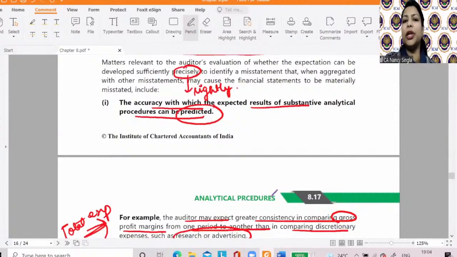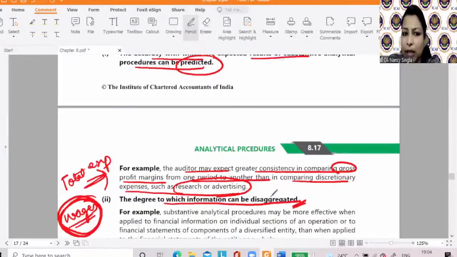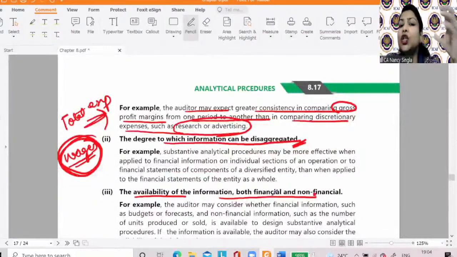For example, first point is what? कि the account balance should be what? Predictable ना. Research expenditure पे थोड़ी ना develop कर पाओगे expectation, but purchases, sales पे you can. ठीक है. Second, data should be disaggregated. If divided data is not available, you want to check the wages. ठीक है. You want to see the trend analysis, or let's say you want to compare the wages which has